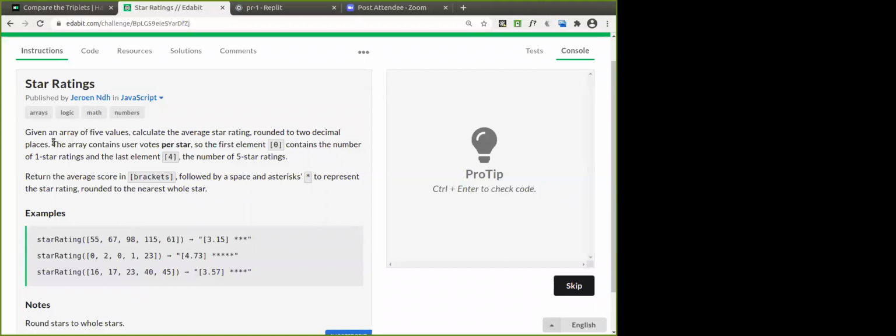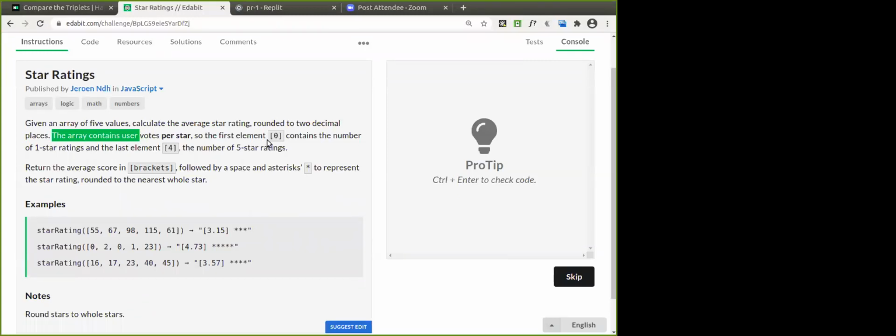Then the array contains users' votes per star, so the first element, isn't it, at the index of 0 contains the number of 1 star ratings. So this one at the index of 0 indicates 1 star rating. At the index of 1 indicates second star rating. This is third star rating, 3 star, this is 4 star, and this is 5 star ratings.